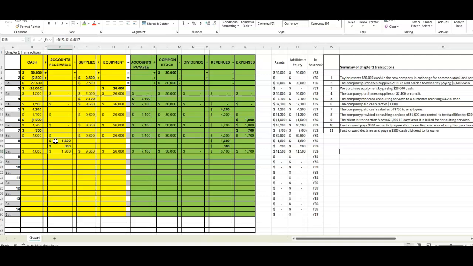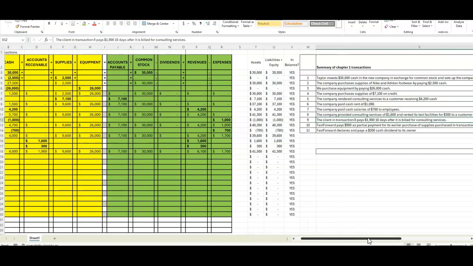Just being nitpicky. But the assets went up. It wasn't cash this time because we did it on account. We earned the revenue, 2 different types of revenue, consulting revenue plus rental revenue, and it went onto our accounts receivable. Now number 9, the client transaction 10 days later pays us